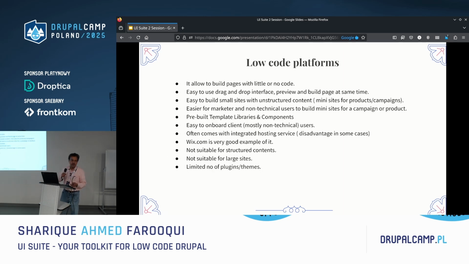You know very well that the technology landscape is changing very fast. These days a lot of things are coming and giving tough competition to Drupal. Low-code platforms are one of them. These platforms are very good for building small mini sites, like campaign sites or product sites, without much technical effort. Even people with a non-technical or non-CMS background can easily